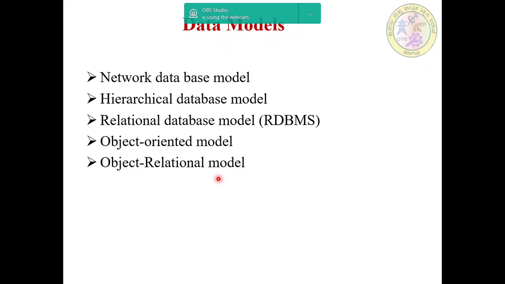incredible multimedia capability. And then the last one is the object relational model. As the name indicates, this model is a hybrid database model, combining the simplicity of the relational model with some of the advanced functionality of the object oriented database model. It allows designers to incorporate objects into a familiar table structure.